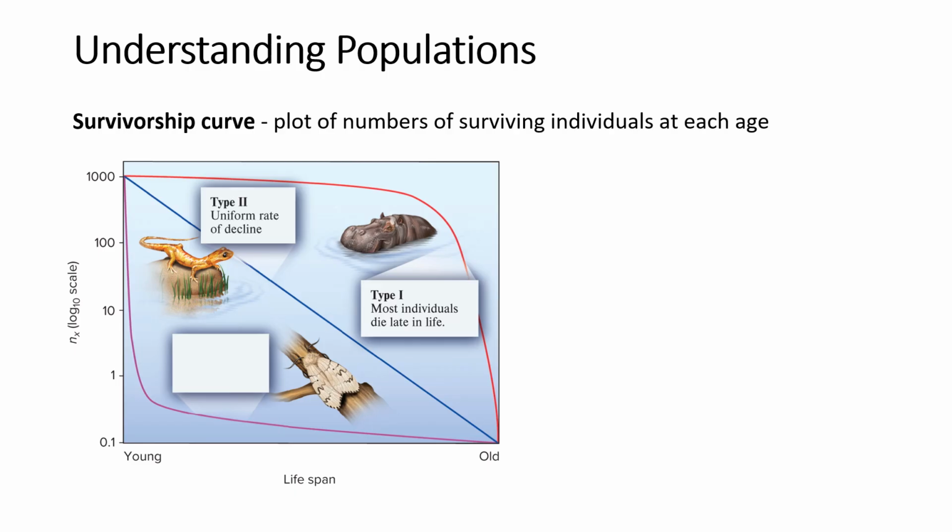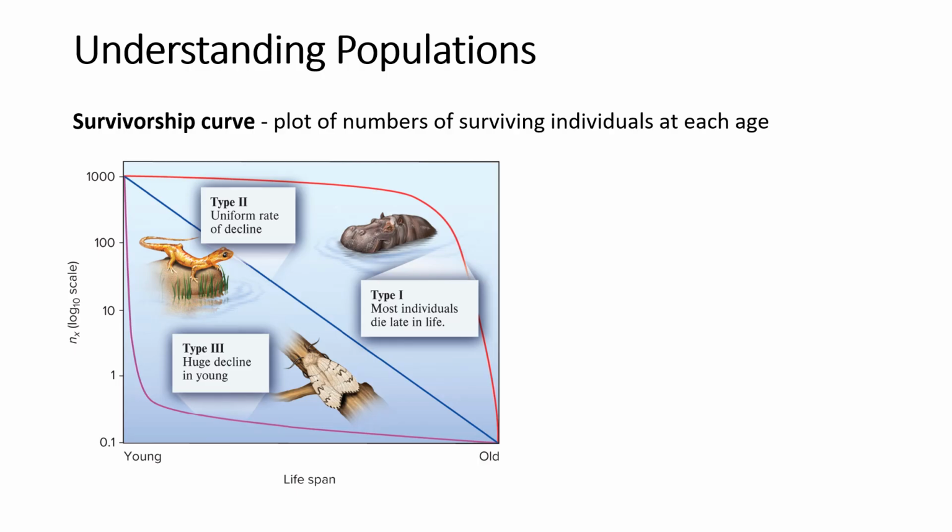In type 2, there is a uniform rate of decline, meaning your chances of dying are the same when you're young as when you're old. So it's basically a straight line of decline. Type 3 is where you have a large decline in the young, meaning your mortality rate is much higher